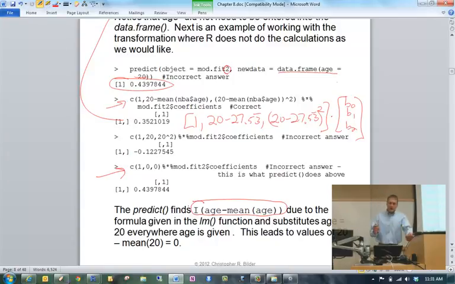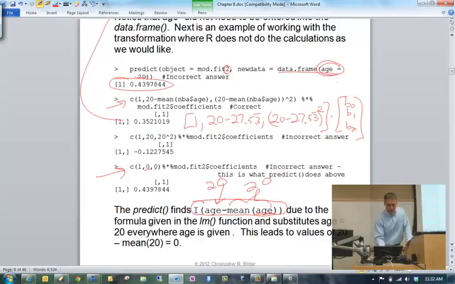What R does is substitute in 20, as you would want, but then when it finds the mean of age, it looks at what you have specified in this new data frame, which happens to be only one age, at 20. So what's the mean of one age at 20? 20. So it replaces this with 20, and you get 20 minus 20, which is 0.